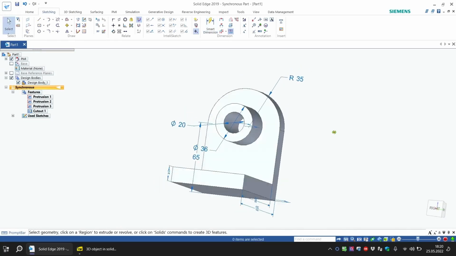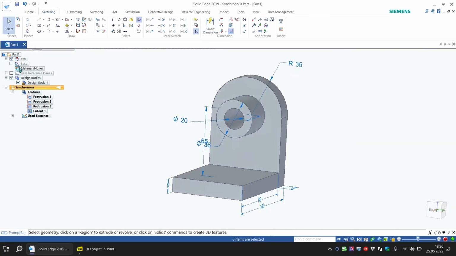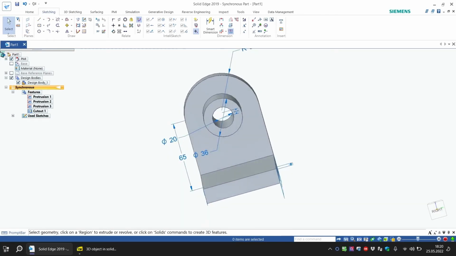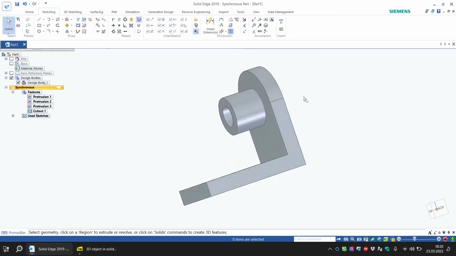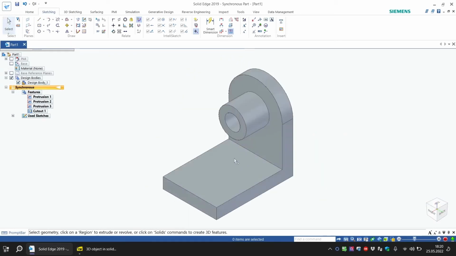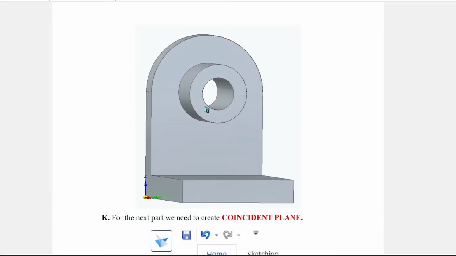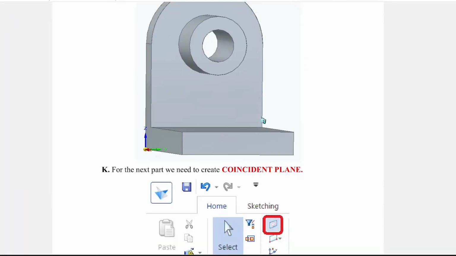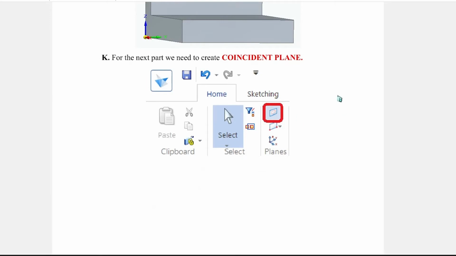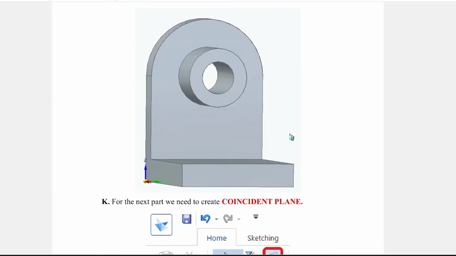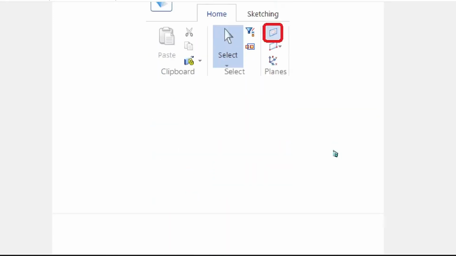Again, we can disable them so they don't get in the way, like this. The next part that we need to do is a bit tricky because we need to create the coincident plane. What the coincident plane is, basically, we need to create the plane that can help us to draw a